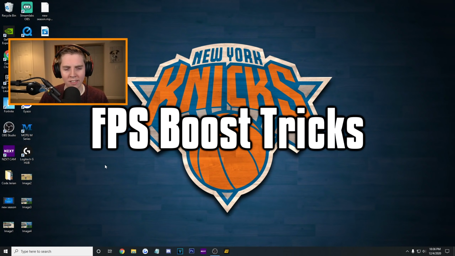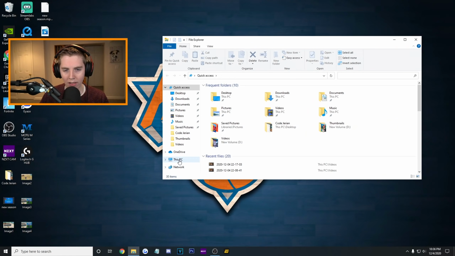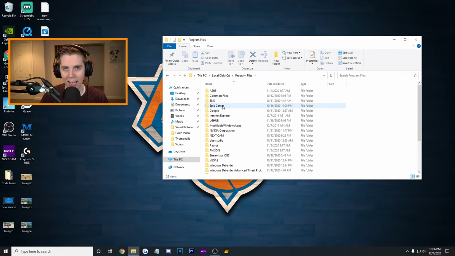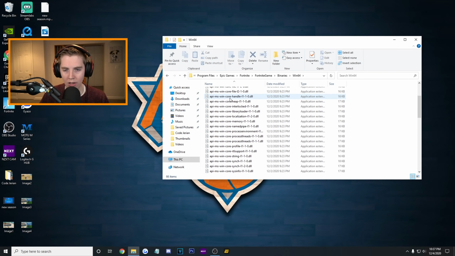Alright, so this is not the new one. I have showed it before. What you're gonna do is come down to your file explorer. Go to This PC on the left, and then go to the drive which your Fortnite is on. I have 2 drives, but I know it's on my C drive. To verify, if I click Program Files, I see Epic Games. That's Fortnite. I'm then gonna click that, click Fortnite, FortniteGame, Binaries, Win64,